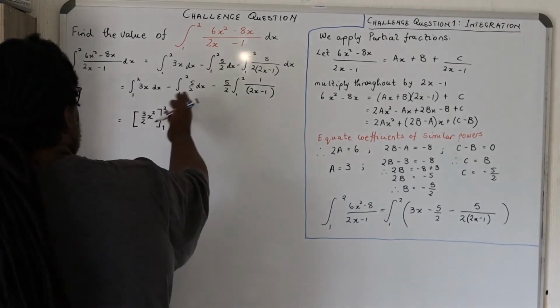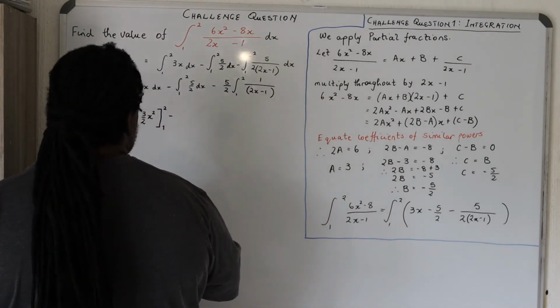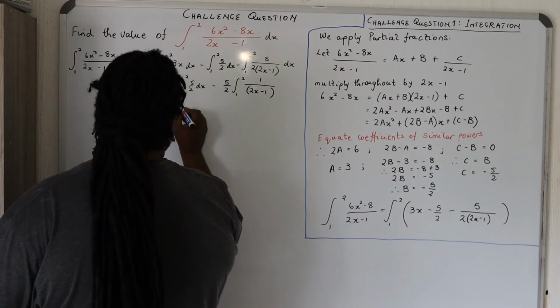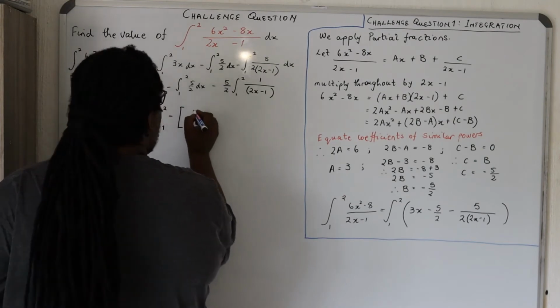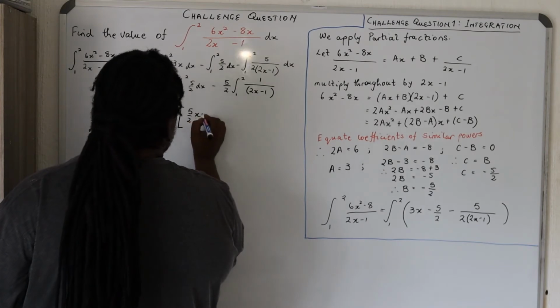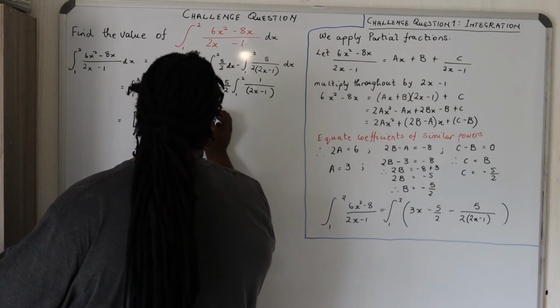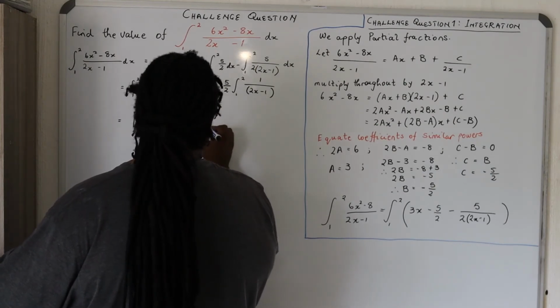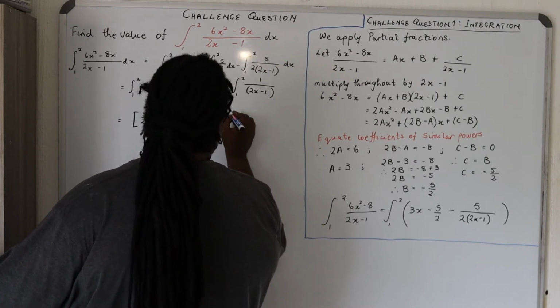Minus, and here it's basically the integral of 1 if we had taken 5 over 2 outside the integral brackets. So we can just say square brackets 5 over 2 times x. The integral of unity is just the variable that you are looking for. And this, our limits 1 and 2. There we have minus 5 over 2